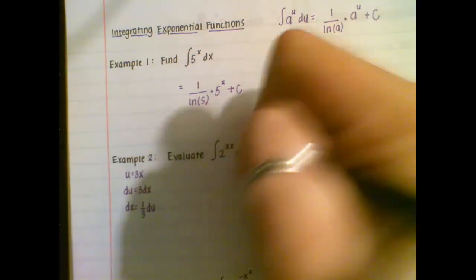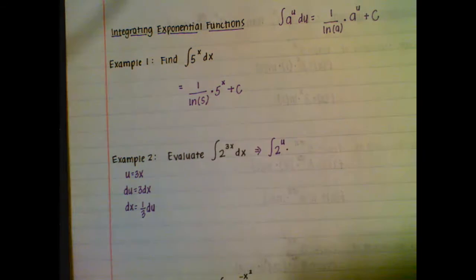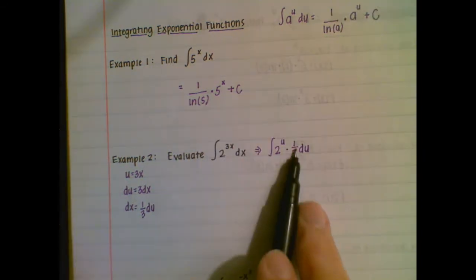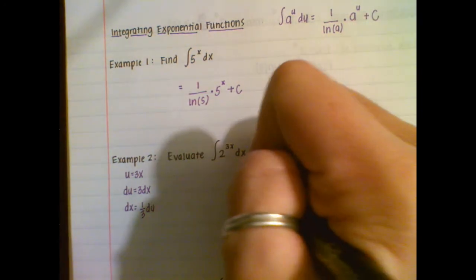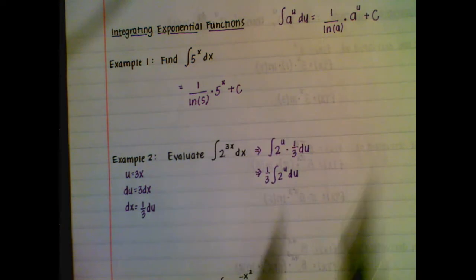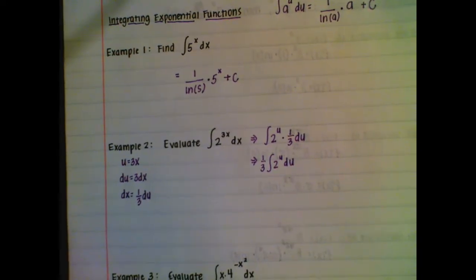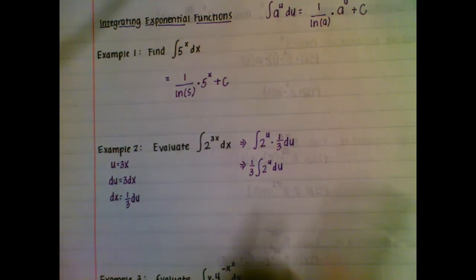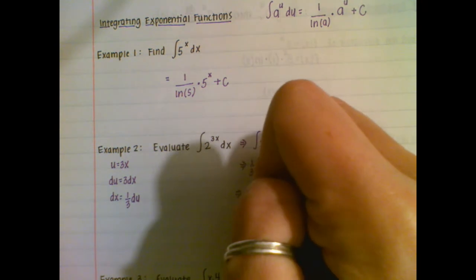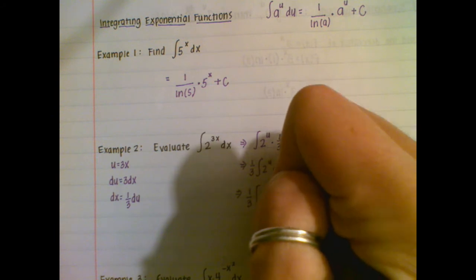And I'll go ahead and do this substitution. So the integral of 2 to the u times 1/3 du. I'll pull that 1/3 out as a constant. And now I have something that matches what my rule says. I've got just a 2 to the u exponent. So in order to take the antiderivative here, I'm going to pull down that 1/3 and I'll follow the rule. So that's going to give me 1 over the natural log of the base of 2 times 2 to the u